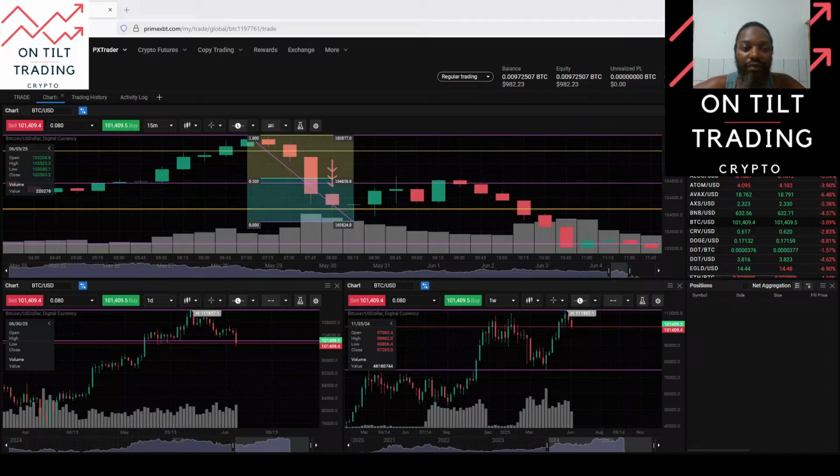Actually, I need to remove this. Okay, there we go. Then this candle comes in, and now we start to get selling here, and then once we get this candle that closes below here, this to me would trigger a validated order block,